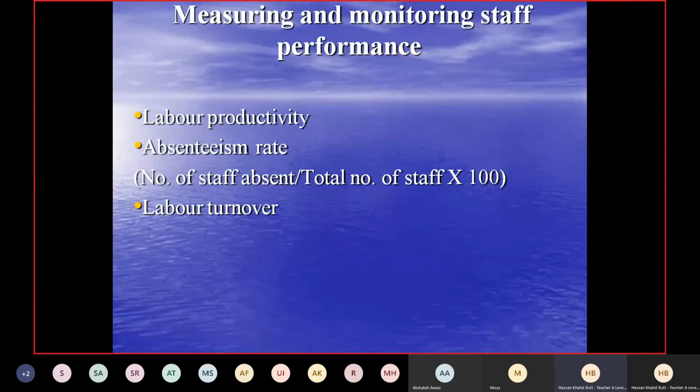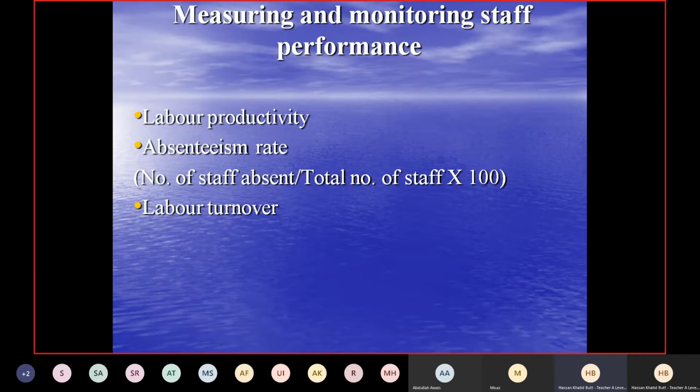Okay, that's right. Labor turnover means how many employees are leaving out of the total number of workers who are employed, or the average number of workers who are employed in a year. Why average? Because maybe the number of workers every year may not remain the same. So obviously you have to take an average then, right? For example, if in one year the number of workers were 100, the next year they are 102, the next year they are 98. So obviously the average would be 100. So that is why you can take average number of workers employed per year as well, or the total number. Yes, both can work, but I think average would be a better option.